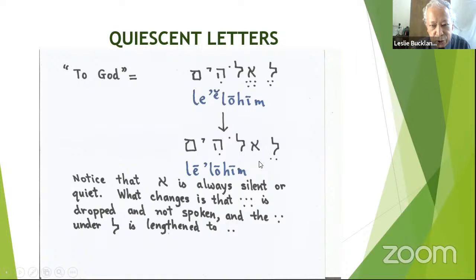You don't see it here, do you? And because it drops out, a further change has to take place with the vowel that was here. It already changed from simple Shawa to a Segol, but a further change is needed. This Segol, which is a short e sound, le, has to be lengthened to a